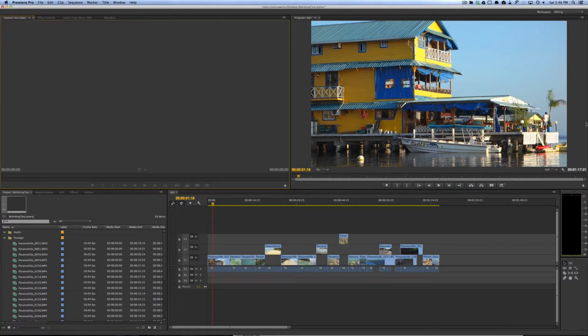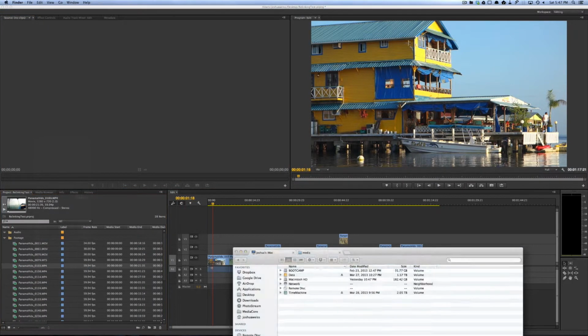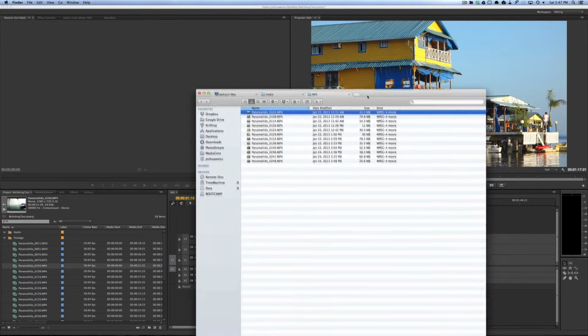And first of all, you'll notice that somehow my media is still online. Now, I don't know how they're doing this, honestly, but it automatically relinked my media by searching folders around the project. It's not even the same file structure. So if I right-click on one of these clips and hit Reveal in Finder, you'll notice it's now on